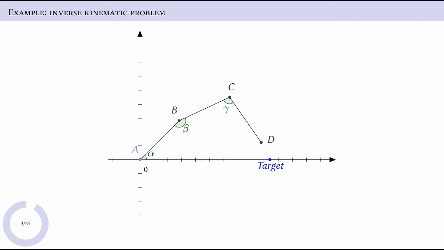If we encode this problem in the form of a system of polynomial equations, or more formally in the form of an ideal in the polynomial ring, then when we apply the Gröbner basis to it, we will get an explicit solution, a function that takes as its parameters the position of D and the expected orientation,